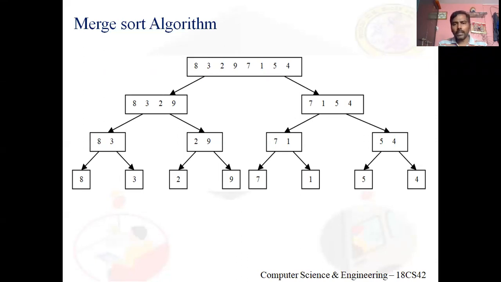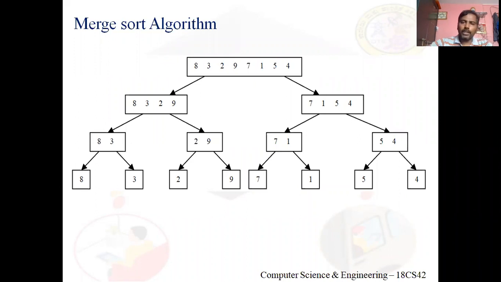Now in the second top, what is the index of 7? That is after index 3, indices 4 to 7. So in the second top, the element 7 was at index 4, 1 is at index 5, 5 is at index 6, 4 is at index 7. Got it? So in the second top, low value is 4. High value is 7. I repeat, be cautious: in the second top, low is 4, high is 7. Clear?